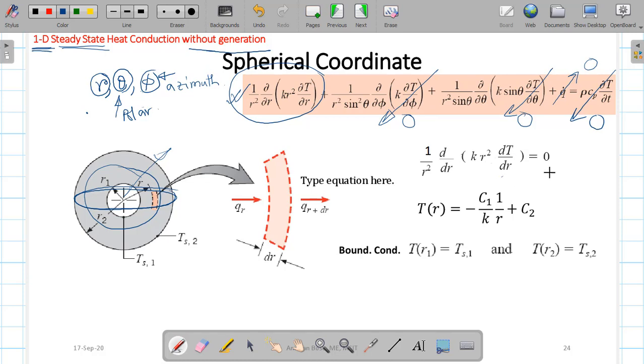So, the next steps are very simple. You can see that this particular quantity is a constant, and if you further consider that k is also a constant, then you can simply find out the temperature field here, as you can see, and for C1 and C2 you have to use the boundary conditions. Here the Dirichlet boundary condition has been considered. So, this is the basic idea of solving this.